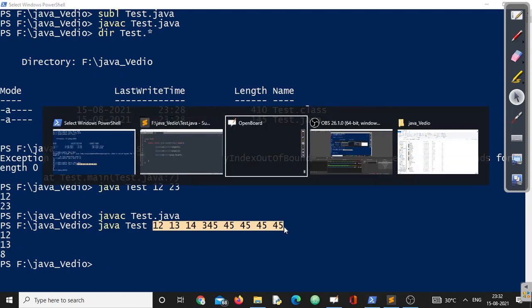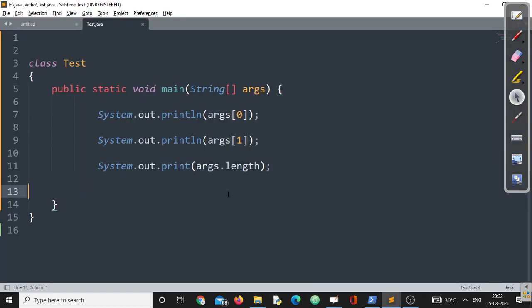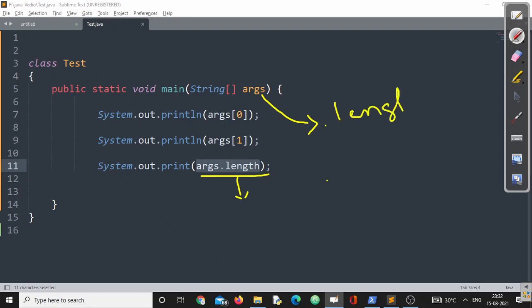So now you can take a note of that. If you want to know how many arguments are passed at the command line, the way is the name of the array followed by .length. length is not a method. If it were a method, I would write it with parentheses, but I have not used any parentheses. In some classes, I'll let you know the difference between this length and the length method.